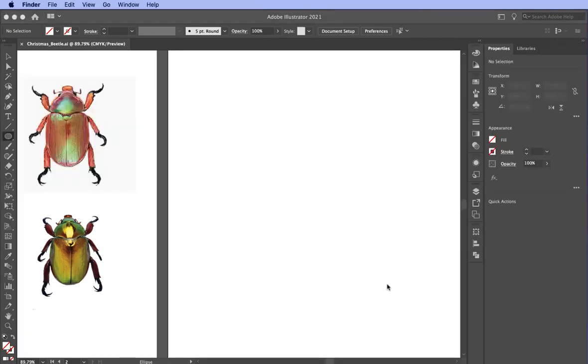I've brought in a couple of reference images. This is a type of beetle that's around in Tasmania where I live this time of year, and also in wider Australia. It's got this beautiful carapace that comes in different colours, and we're going to create the gradient mesh to mimic this,